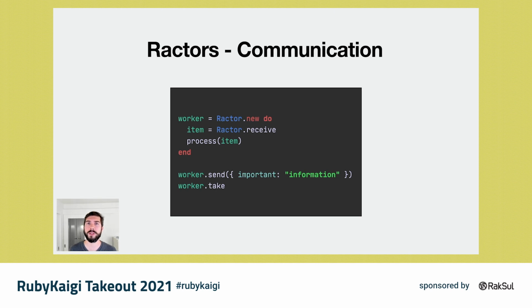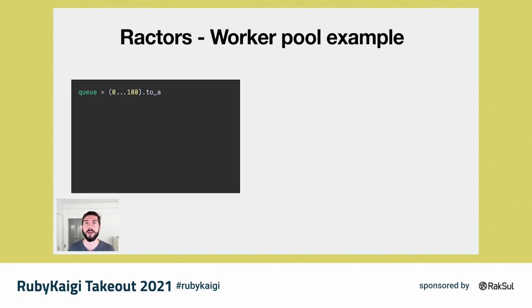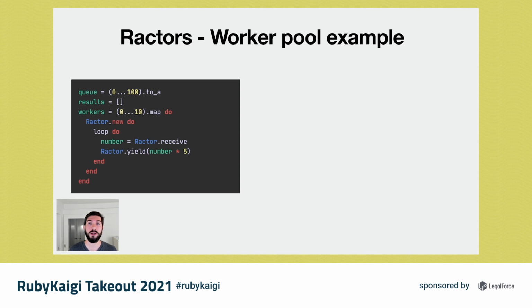A more involved example that we're going to use in our framework is a worker pool. So in this case, we begin with a queue of numbers from 0 to 99. We create an array to store the results of our calculations. And then we create our worker pool, which is an array of reactors, in this case 10 reactors, and each one of them is going to be stuck in an infinite loop, and we're going to do two things inside of it. We're going to receive a number that's being sent to this worker, and we're going to yield back